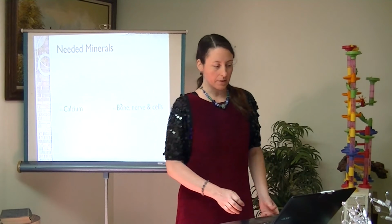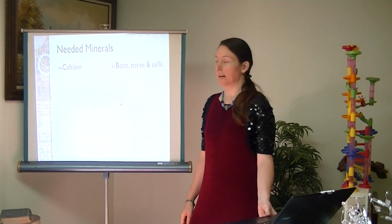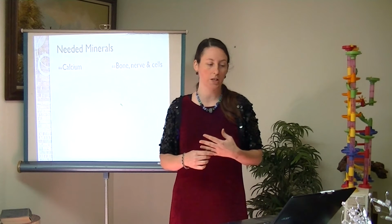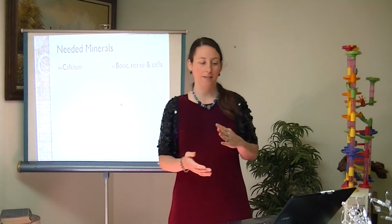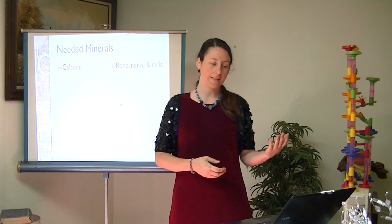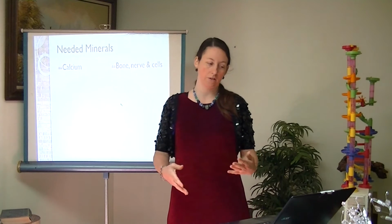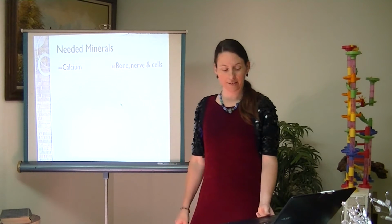Now we have our needed minerals. Number one is calcium. Calcium is a good indicator of bone and nerve and cellular health, and it's an important pH buffering mineral. Low levels can cause hyperactivity, allergies, hypertension, insomnia, calf muscle cramps. And high levels indicate susceptibility to viruses. It can also indicate psychological problems, mood swings, muscle aches and pain, frequency and urgency of urination, and it can also indicate the cause of fatigue, low blood pressure, suppressed thyroid susceptibility even,